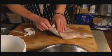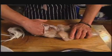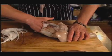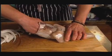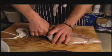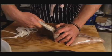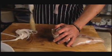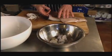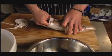Now we want to remove the contents of the body of the squid, and the best way to do this is to slide your fingers in and just loosen where the various bits attach. You can just pull on what's left of the head end, and that'll draw a lot of the guts and intestines of the squid with it. There we go. That all goes into the not to be eaten bowl, along with